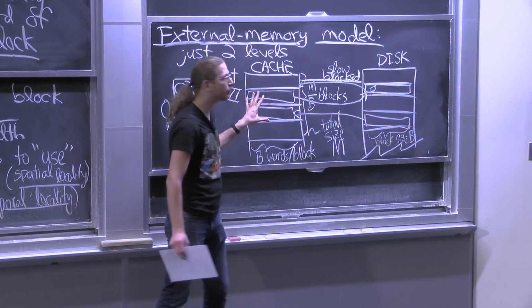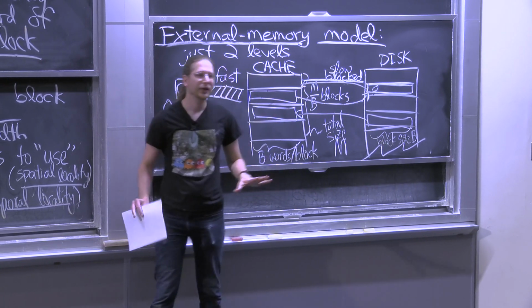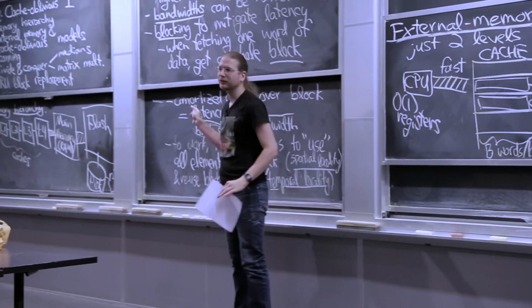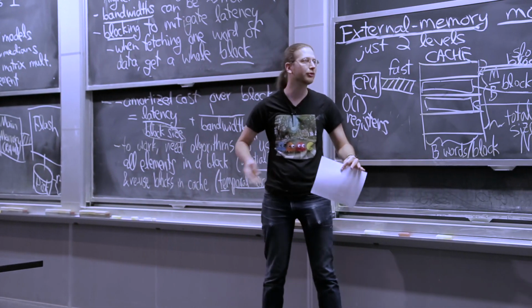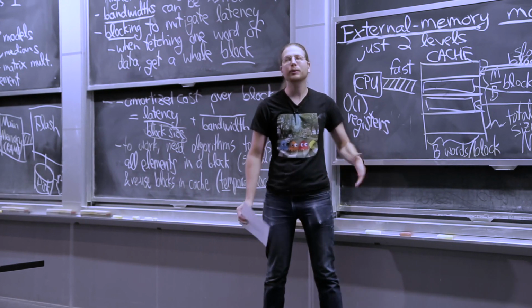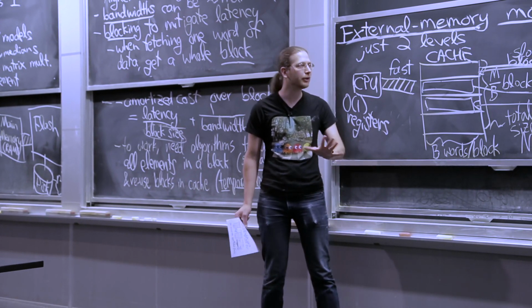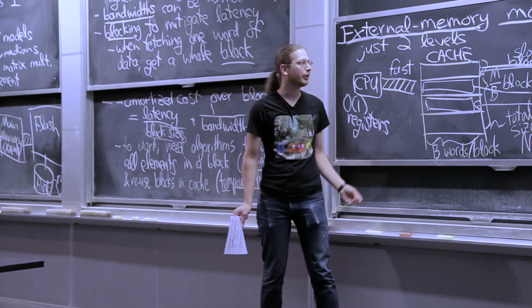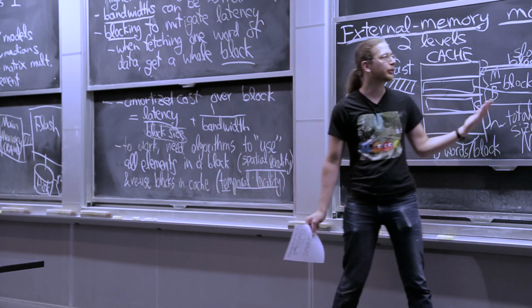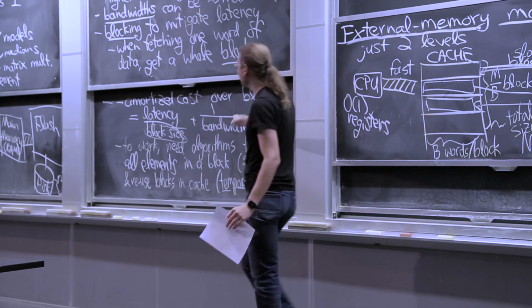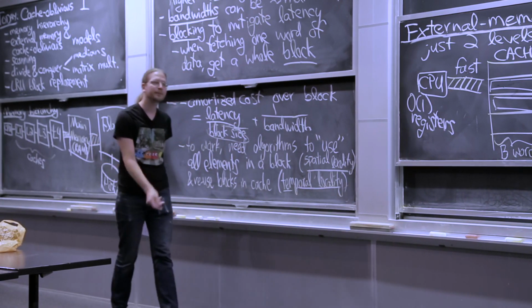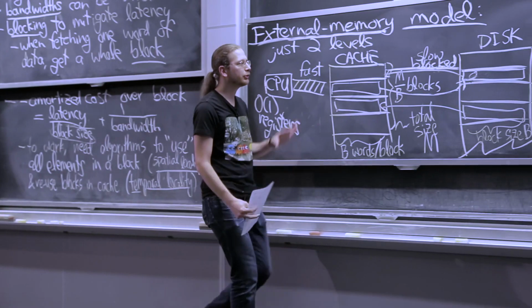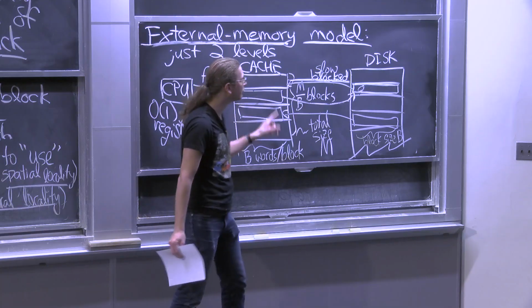And so in this model, we're assuming the block size is fixed. And then the latency versus bandwidth is not. We're not going to think about bandwidth. We're assuming the block size has been chosen in some reasonable way. And then all we need to do is count the number of blocks. But underneath, yeah, you have some kind of bandwidth. Presumably, you've set the block size to make these two things roughly equal. And so then latency and bandwidth are kind of the same thing. That's the idea. But really, we're just going to think about counting latency, which is how many times do I have to request a block and wait for it to come over,